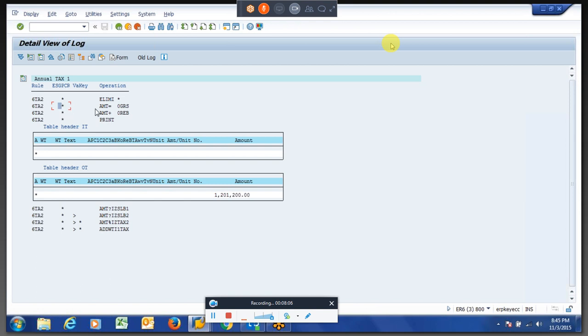So you are getting the amount of this wage type, that is this amount, but you are not getting this wage type because this wage type holds the PCR grouping, not star. It holds 3. So whenever we are doing the calculation, it should be unique. That is why this value is not coming in the calculation.